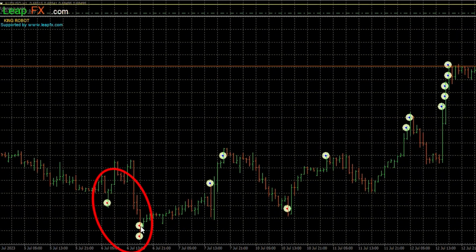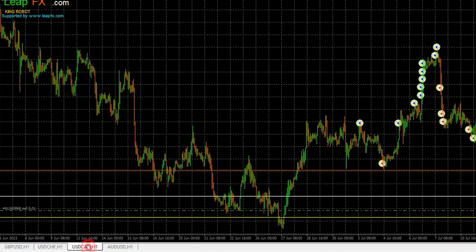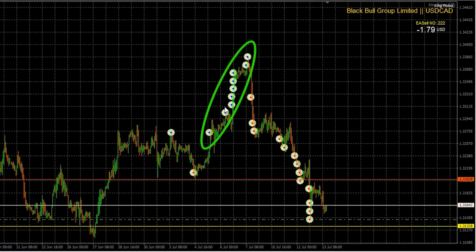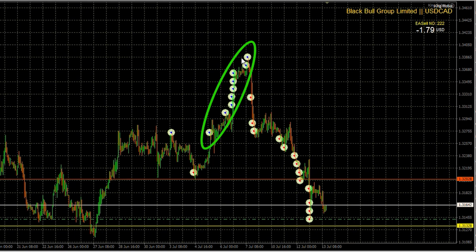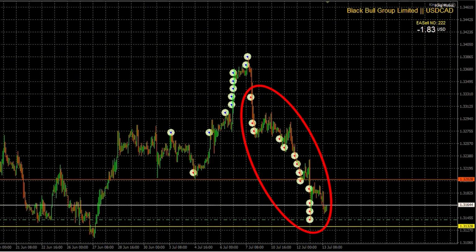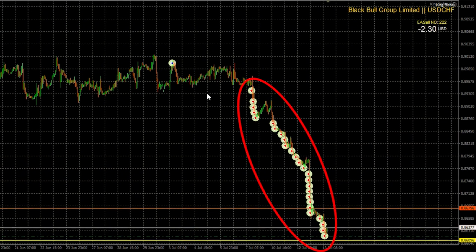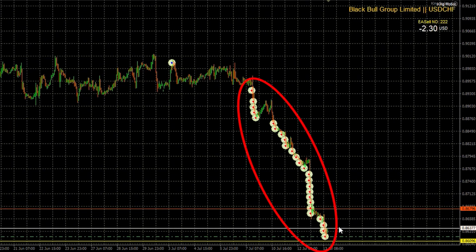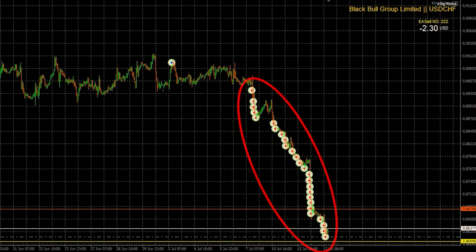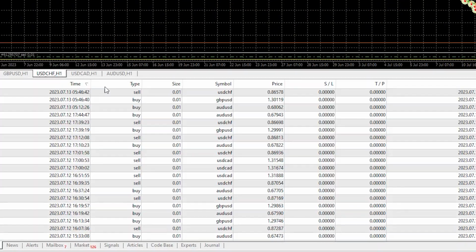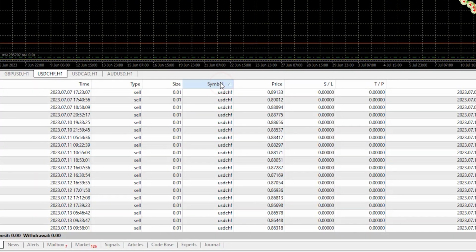There are short trades with tiny take profit. Same thing for the dollar cat when the price goes up: long trades, and short trades when the price goes down. If you look at dollar Swiss, it's very obvious that it's taking just short trades recently. And if I show you the account history with the dollar Swiss, I'll just arrange the pairs, and you can